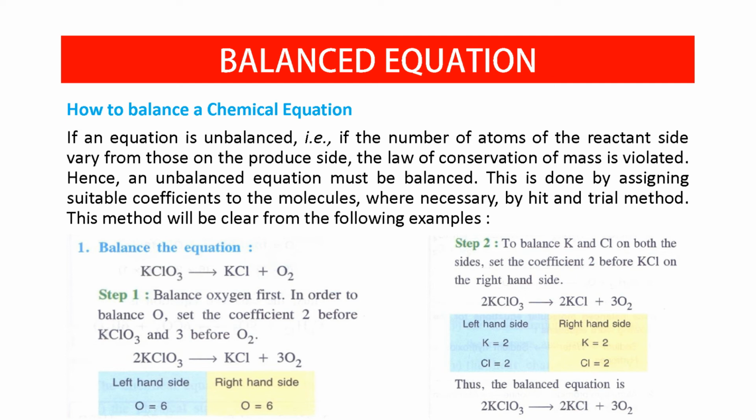So to balance the equation, we multiply the equation by some numerals. By multiplying the equation with numerals, we balance the equation. So this is called the hit and trial method. We balance the atoms. The atoms should be equal on both of the sides. So first we count the atoms, and whichever atoms are different, we balance them by multiplying with numerals. So this is the procedure of the hit and trial method. With the help of an example, you can understand.